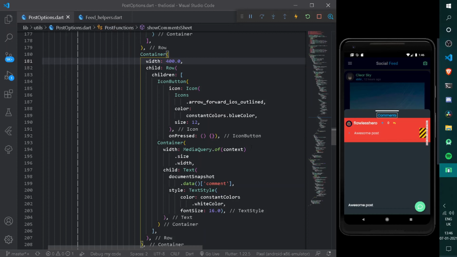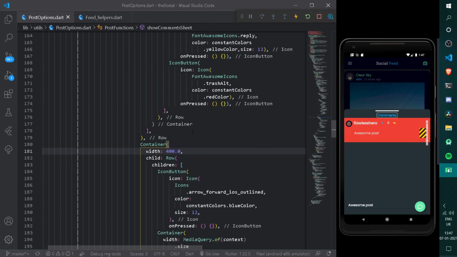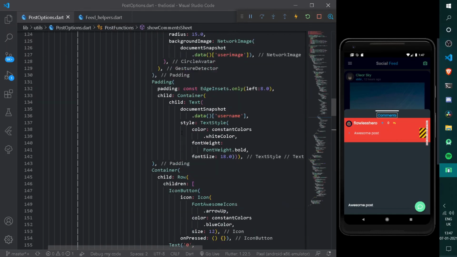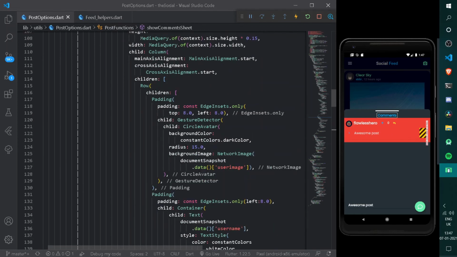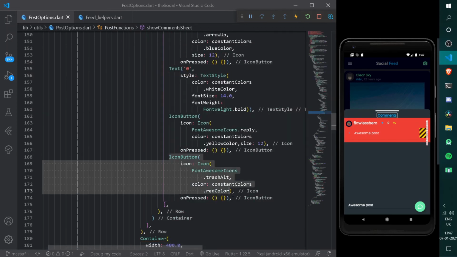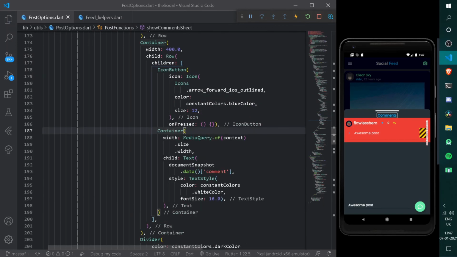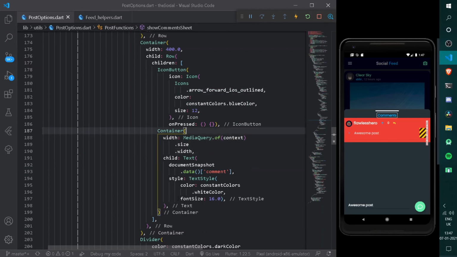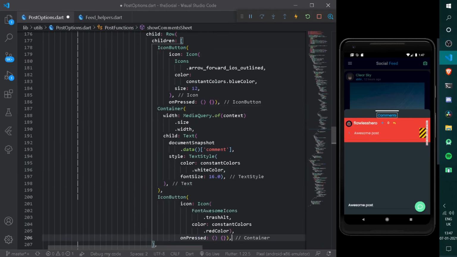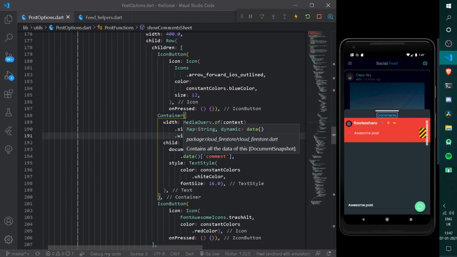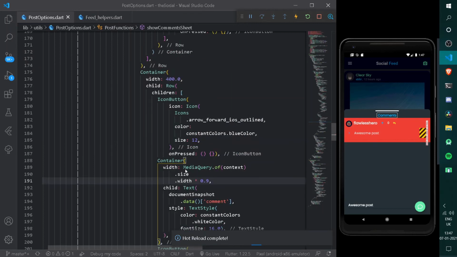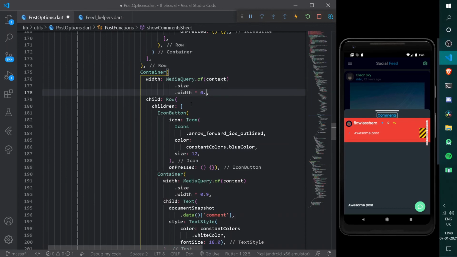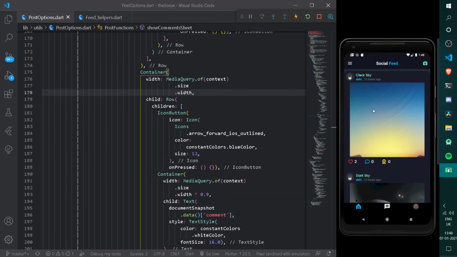Cool, so once everything is done from here, let's go up for deleting the comment option, which is somewhere up because it is hidden under our red color. So here I shall be removing the icon button from here. Bye bye icon button. And after having the container I shall be pasting up here the icon button, and to the width of the container of the text I shall be making it 0.9, and for that I can copy the entire thing from here. Instead of having a static height I can paste it here to the full width. Let's open it one more time.